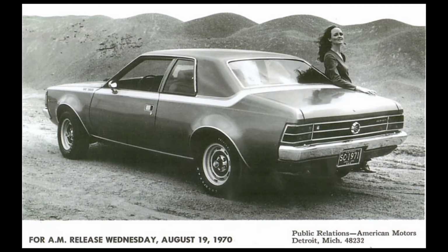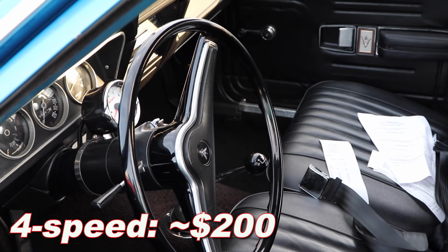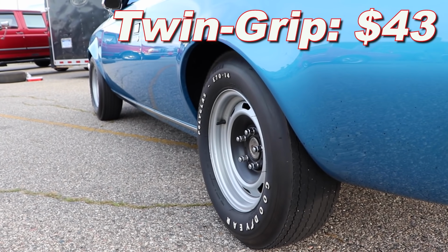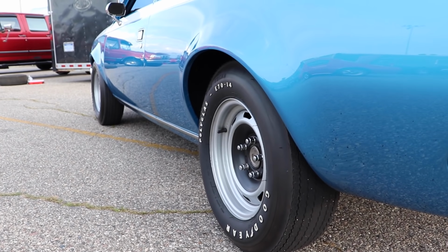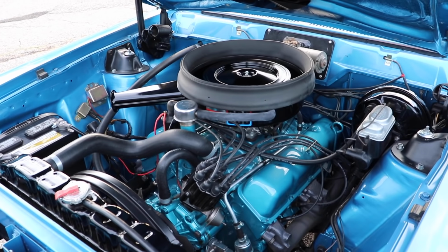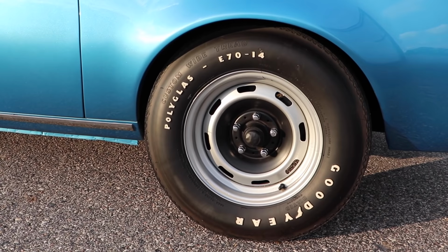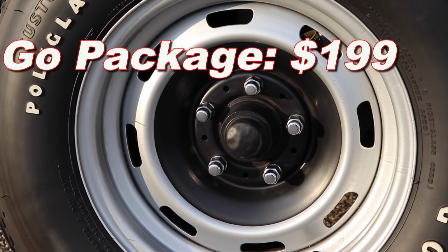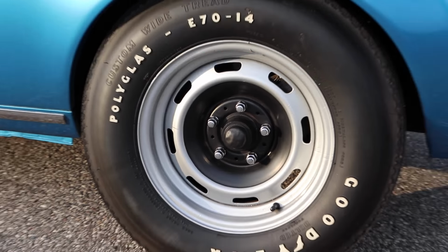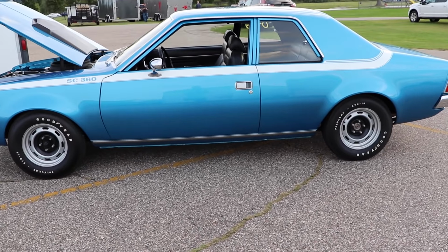The SC360 started out at only $2,663. The 4-speed was about $200, the twin grip differential around $43. And then possibly the greatest deal in the history of muscle cars was the Go package. That included the 4-barrel carburetor, the flattened hood scoop with ram air induction, dual exhaust, a handling package, a tachometer, and polyglass white letter tires. That was only going to set you back $199. So that gives you a grand total of $3,105 for the SC360 shown, and adjusting for inflation, that's only